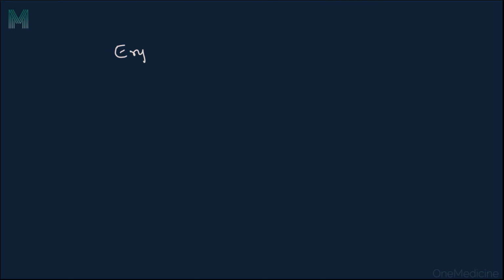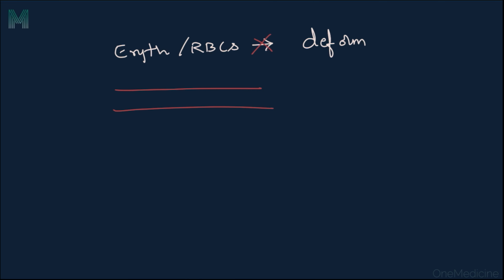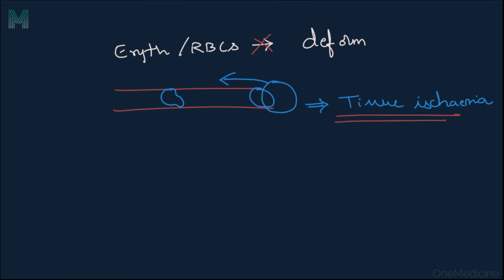In sepsis, erythrocytes or RBCs lose their ability to deform within microcirculation, which means in the capillaries they do not change their shape to slip into the small capillaries. Instead, they become very rigid structures which are very difficult to pass through the capillaries, and as a result cause tissue ischemia. These rigid RBCs have difficulty in navigating the microcirculation during sepsis.